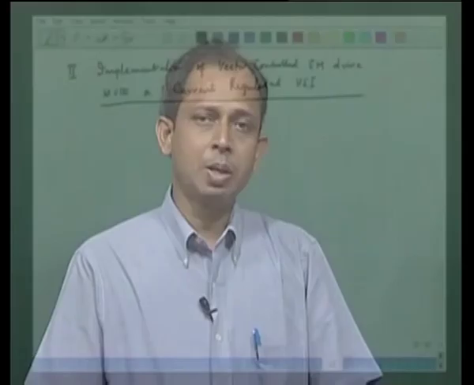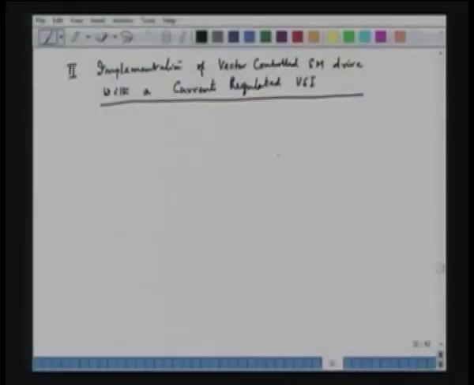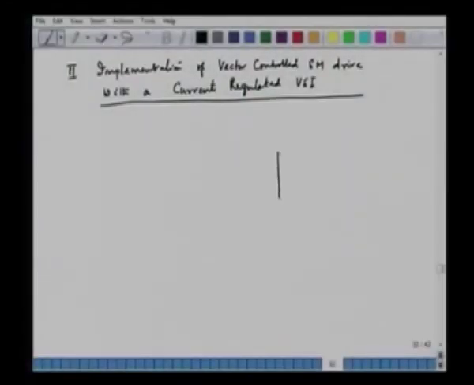Now, this drive is popular for medium power application, not for very high power application, because this involves a PWM voltage source inverter, and here the PWM frequency is expected to be in the range of a few kilohertz to achieve good current regulation. So, this drive is suitable for low to medium power application up to a few hundreds of kilowatt, not in the megawatt range. So, what we have here, we have a CR PWM VSI. So, this is the VSI we have,